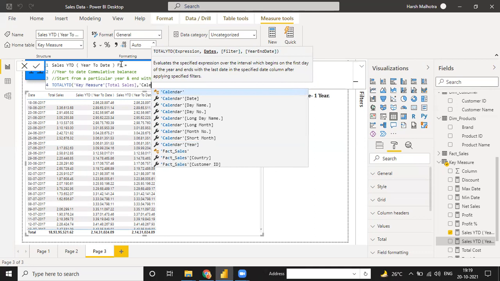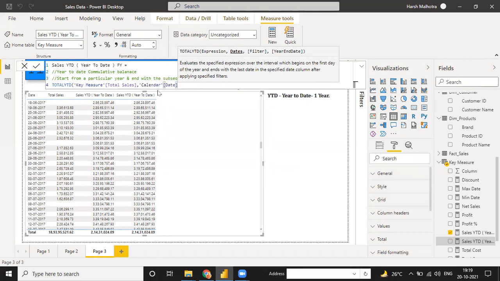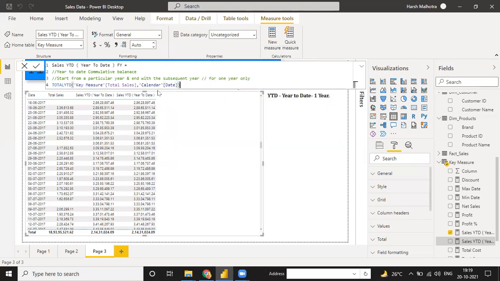But on the matrix it is the same. So it should be FY. You are selecting the same again, so it will show you the same thing. Change it. Don't worry, I will use another way. There are many ways I can do it.